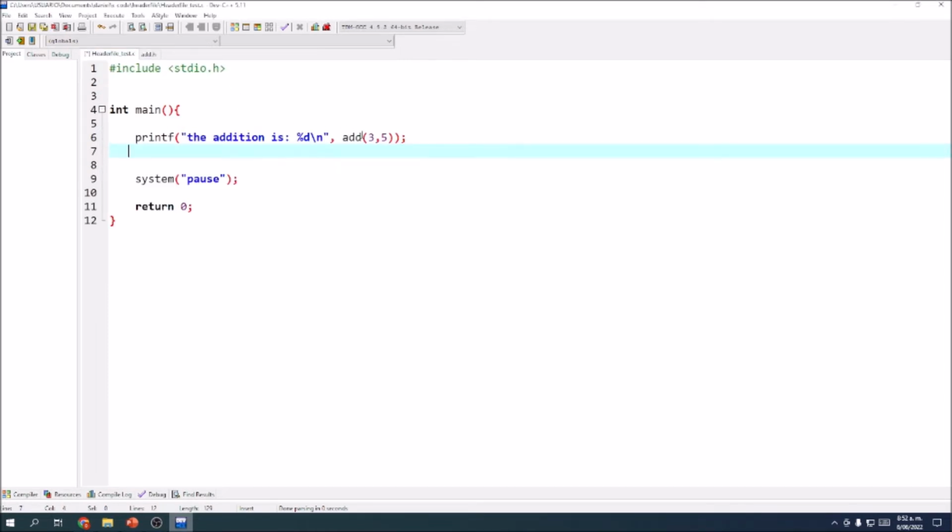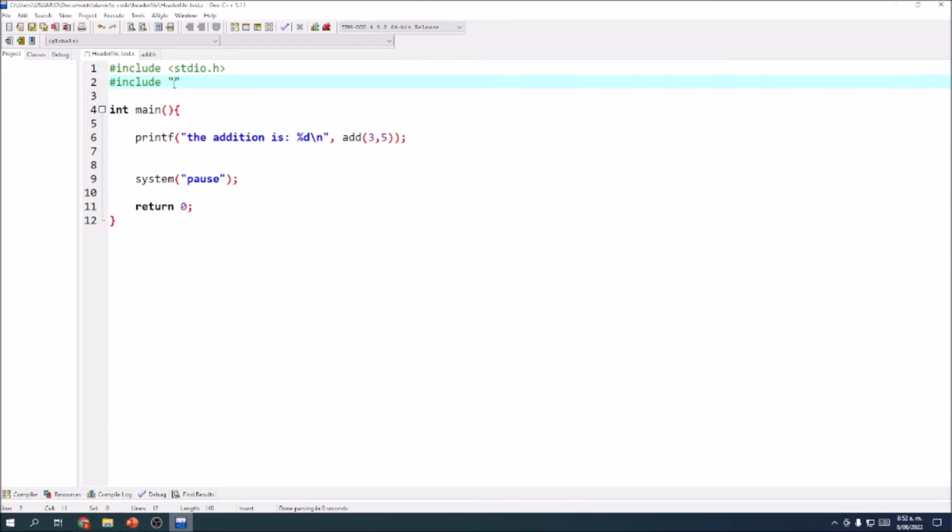Okay, now remember that when I haven't defined anything in the C programming language, I will have to do some prior reference before calling this function, or otherwise the compiler will find an error because it doesn't know what add is. So for that purpose, we will use the include directive to include the file that contains the definition of that function. Remember that it is not a standard C header file, so we won't use these arrows here, but instead we will use the quotation